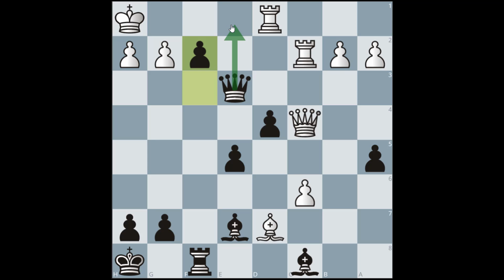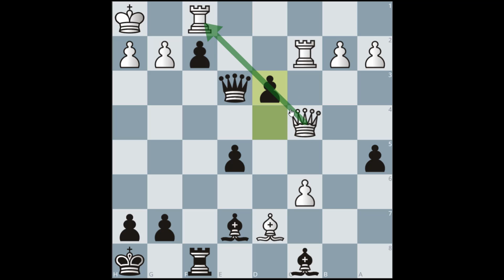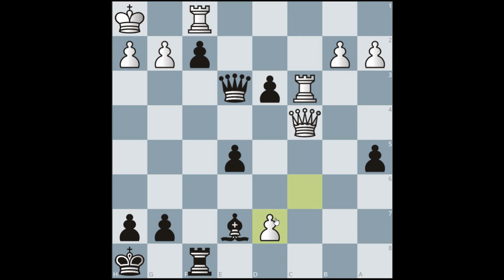Now we have a threat of queen to e1 check. He blockades the pawn with his rook, these 3 pawns are going to be pushed very soon, cutting off the defense of the queen on the rook. And now after the bishop takes, just preventing any complications, he starts pushing this mass of pawns with e4,